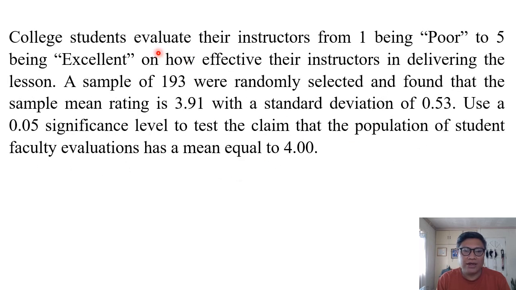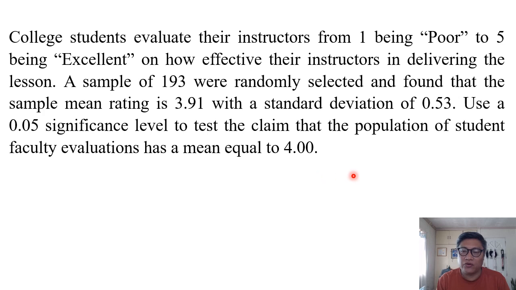College students evaluate their instructors from 1 being poor to 5 being excellent on how effective their instructors are in delivering the lesson. You always do this every semester. A sample of 193 students was randomly selected, and found that the sample mean rating is 3.91 with a standard deviation of 0.53. Then use a 0.05 significance level to test the claim that the population of student faculty evaluations has a mean equal to